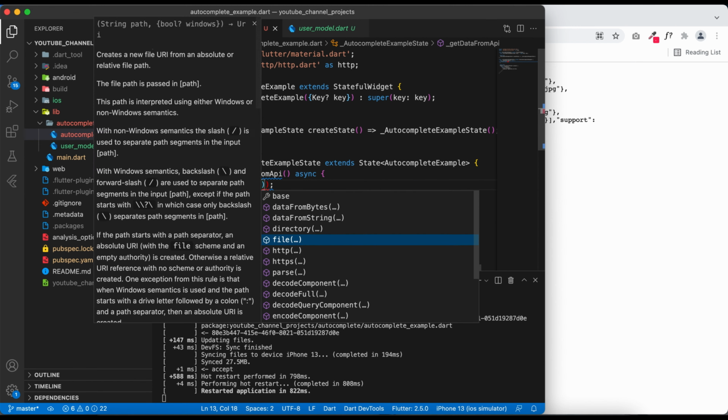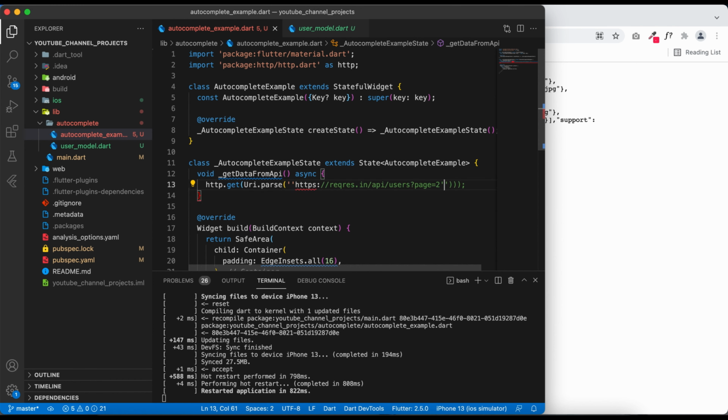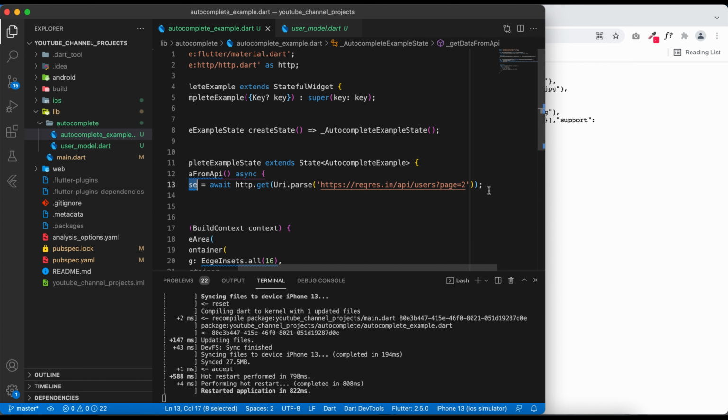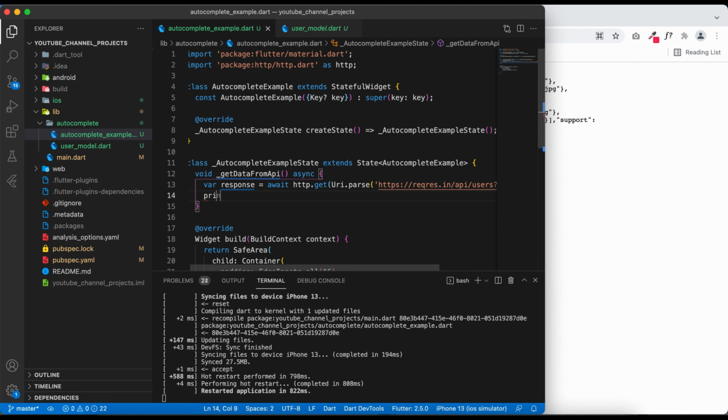Uri.parse. We have to use Uri.parse here. Let me store the response returned by this get function into a variable called response. Let's print out whether we are getting the response of this API or not.